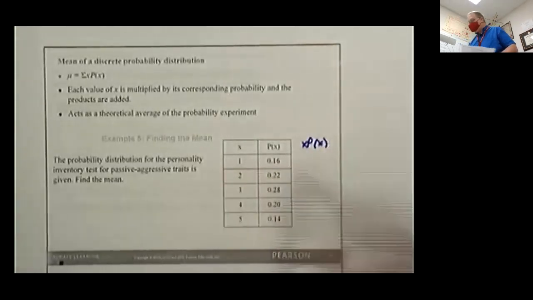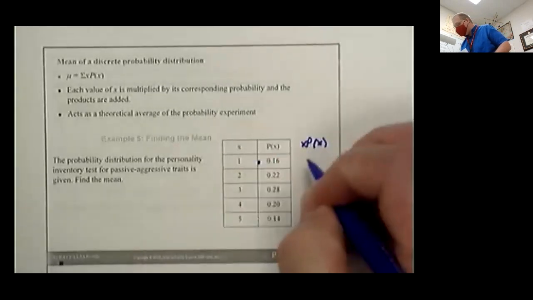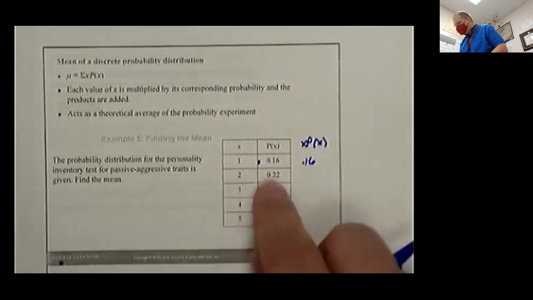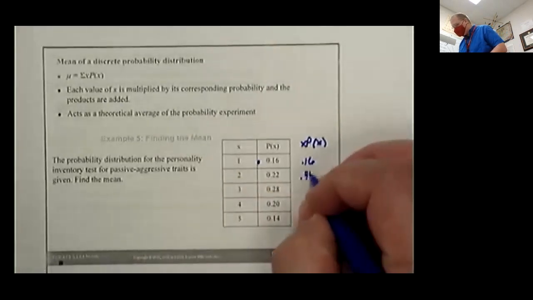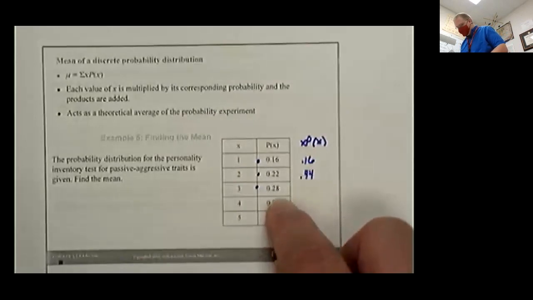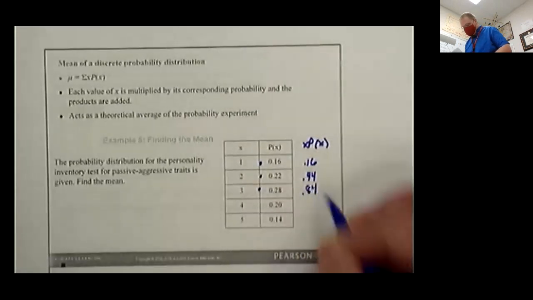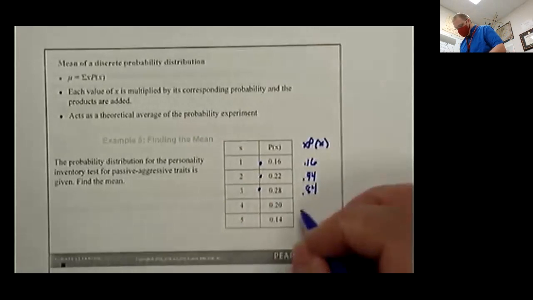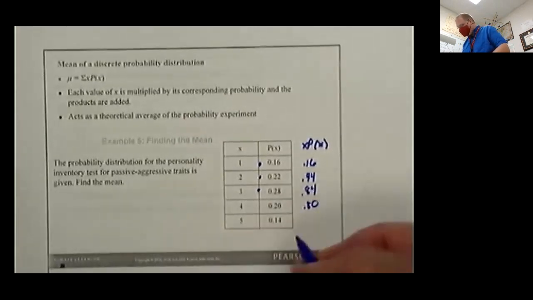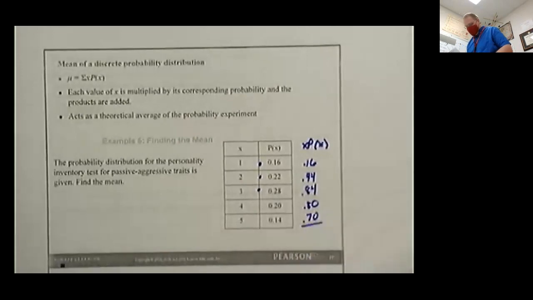So we're just going to multiply the numbers. 1 times 0.16 is 0.16. 2 times 0.22 is 0.44. 3 times 0.28 is 0.84. 4 times 0.20 is 0.80. And 5 times 0.14 is 0.70. We're going to add all of those together, and we get